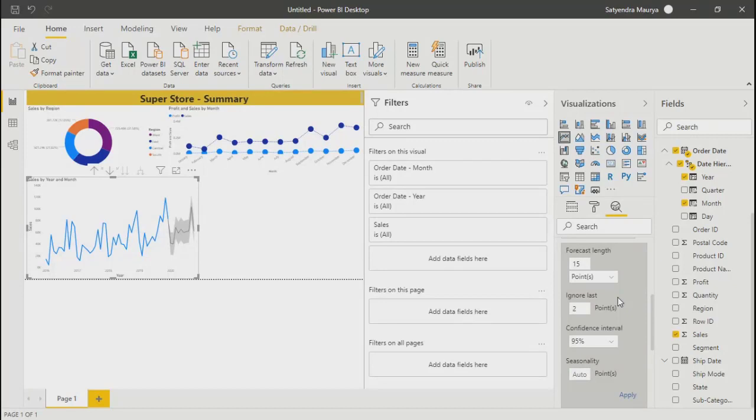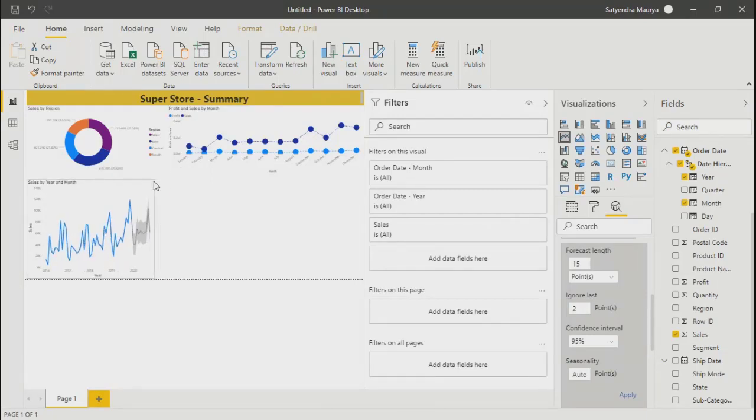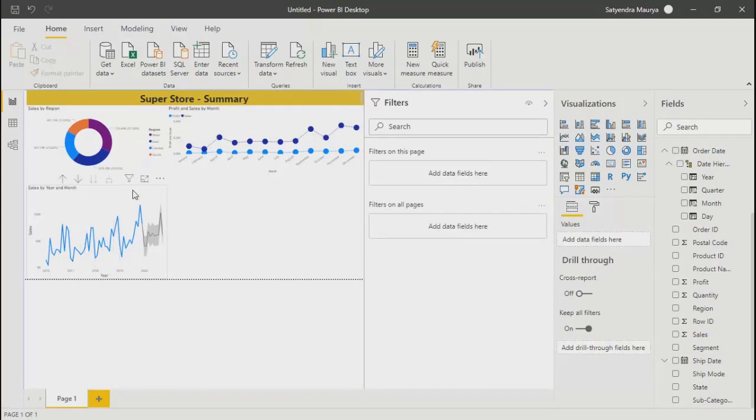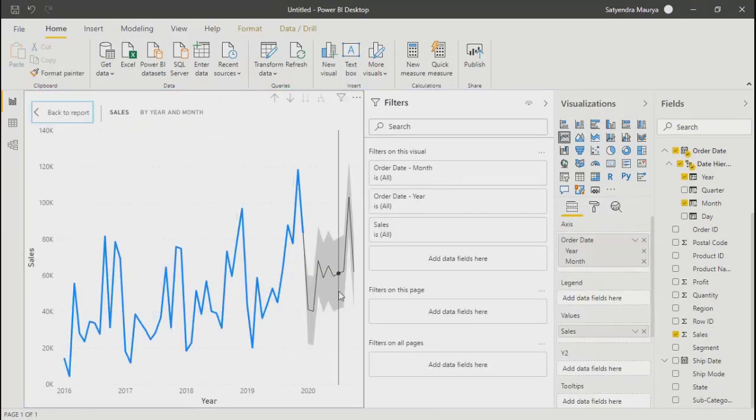Basically what happens, before doing any kind of forecast, what you actually need is minimum 6 months of data. For any forecast, and for a better forecast, you need minimum 6 months of data. If you don't have that data, your forecast will not show a good number. The quality of that forecast will be very low. That's why you need a good amount of data to do the forecast.